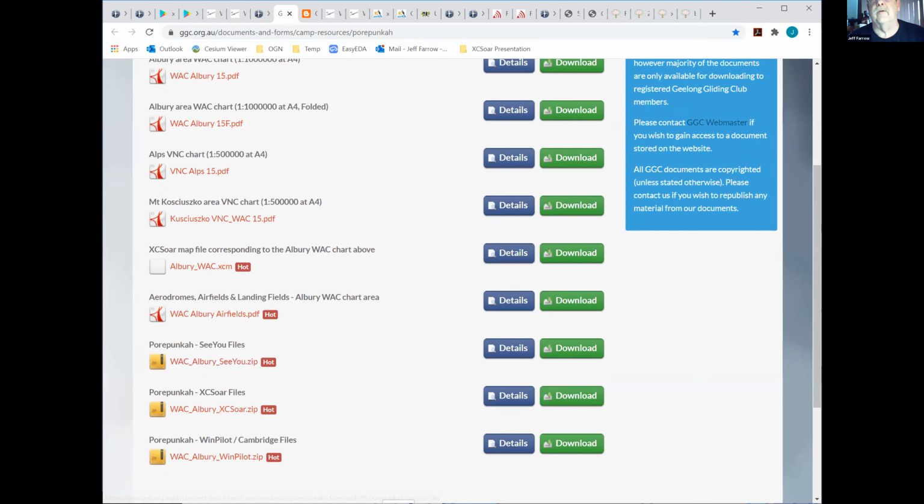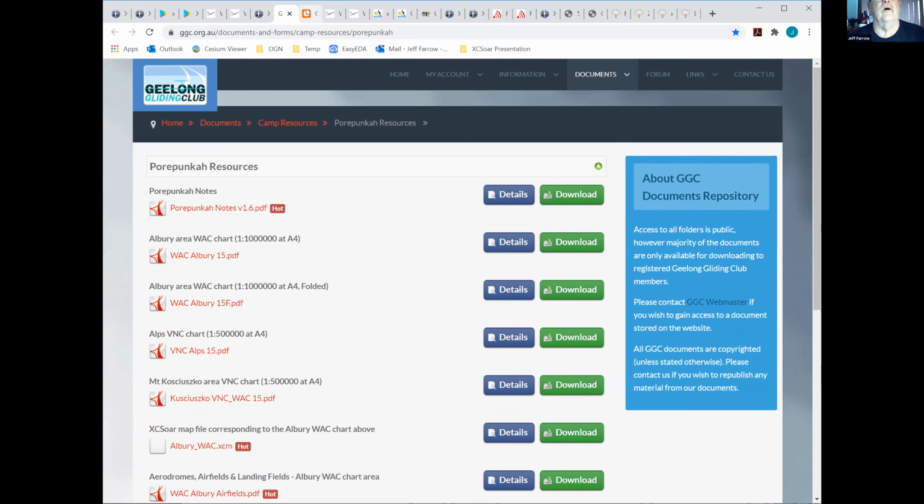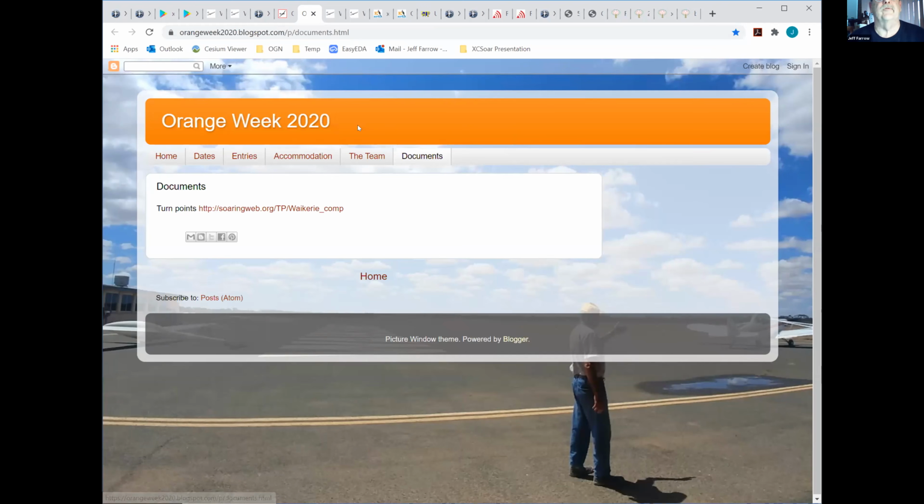It's worth looking at your own club's website and seeing what's available there. Competitions will often have their own data that's used. So this is in fact the Orange Week over in South Australia. Interestingly, they just have a link to the Turn Point Exchange anyway.